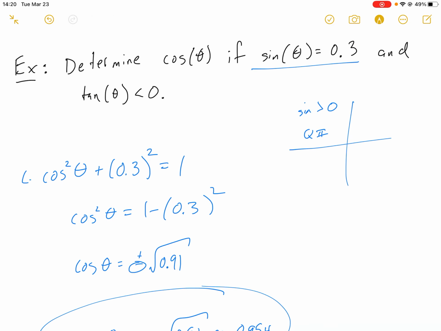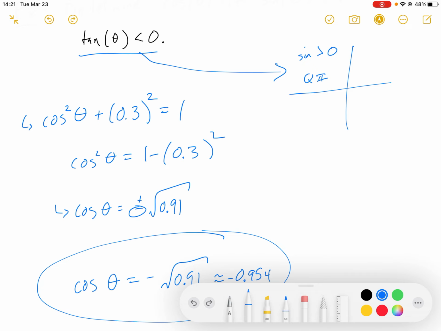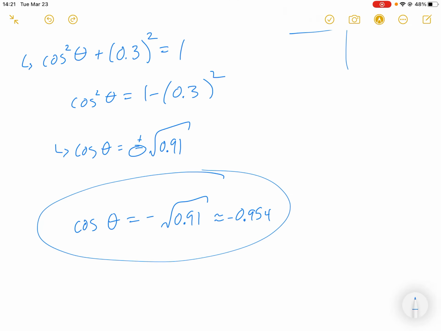So once again, I used the Pythagorean identity first, which solved for cosine, but I have that plus or minus. So then I use this other piece of information to determine that I actually wanted the negative value, and that's where I got that negative sign from. And that would be my final answer. Okay, and that concludes section 4.2. We've now seen everything there is to see for section